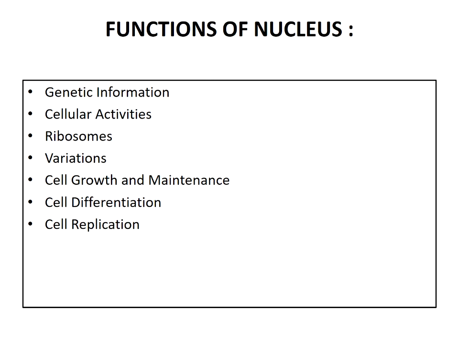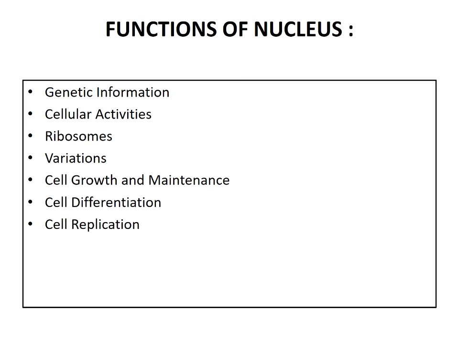Next is cell differentiation, that is it directs cell differentiation by allowing certain particular sets of genes to operate. And the last function is cell replication, that is replication of the nucleus is essential for cell replication. So these are some of the functions of the nucleus. By this we came to know about the structure and function of the nucleus.